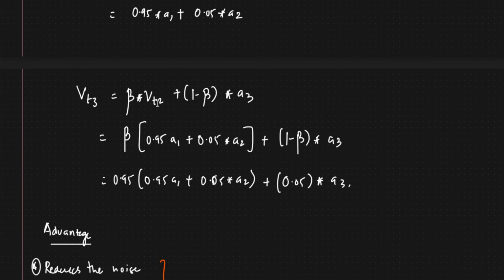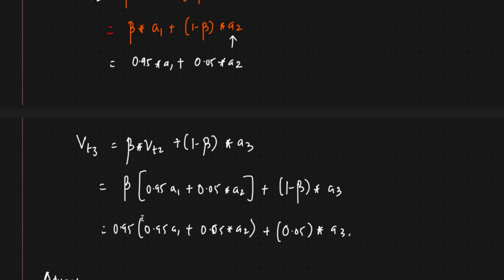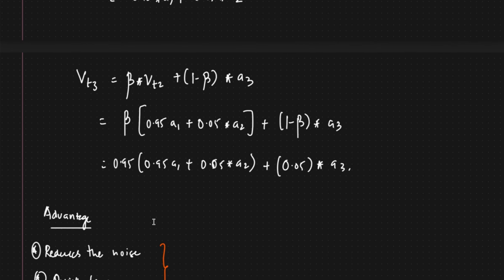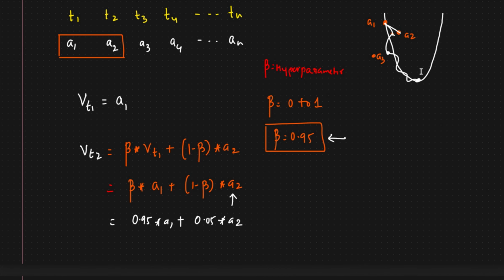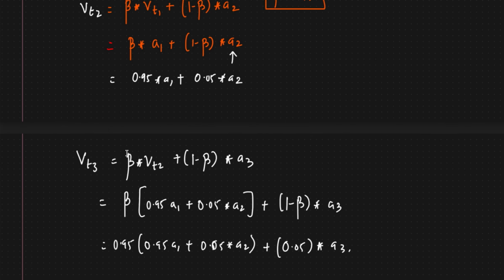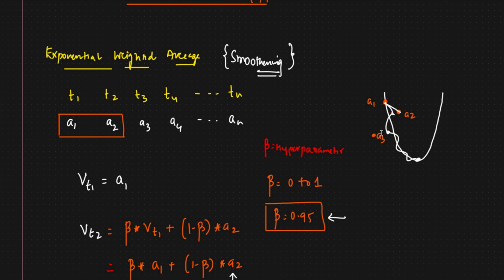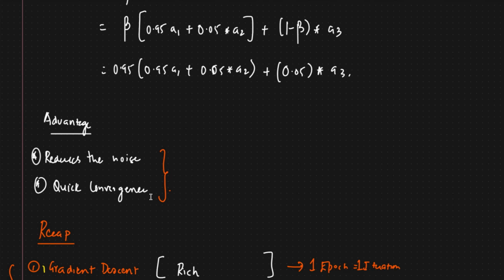It will go to T2, take beta times V2 with T3, and 1 minus beta like this. So for V3 we take the V2 value here and apply the formula. If we do it like this, we will get smoothed values very quickly. The advantage is that it reduces the noise. Instead of going through way too much noise, the noise will be reduced. It will be quick